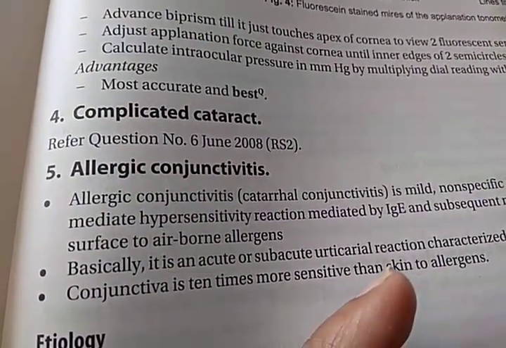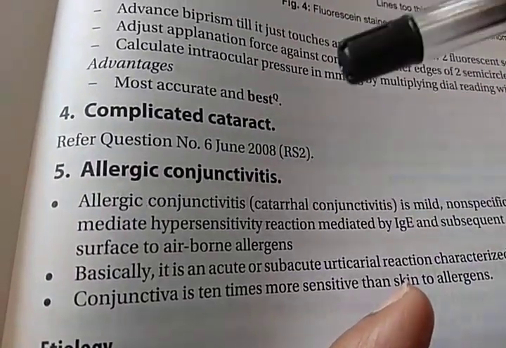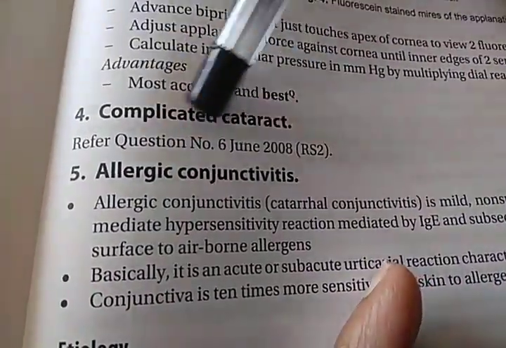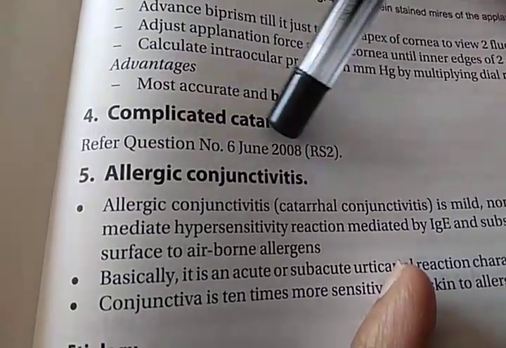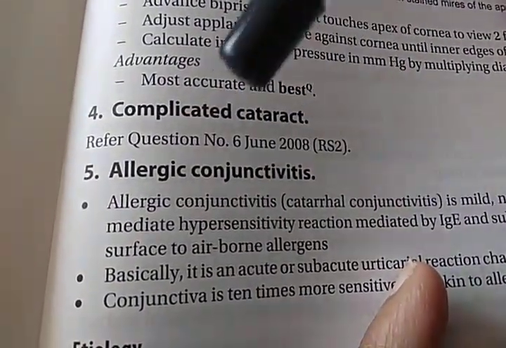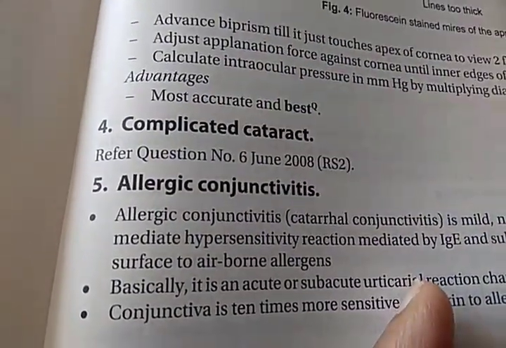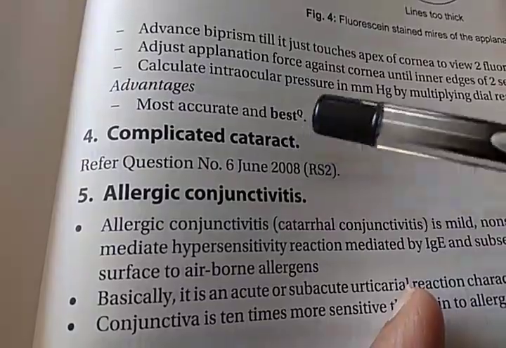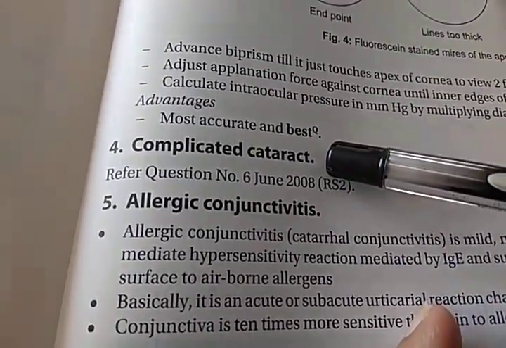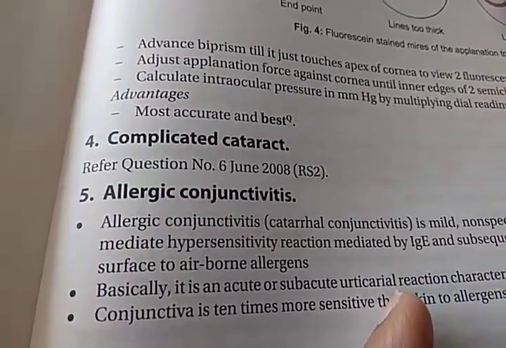They asked complicated cataract. Complicated cataract is what, guys? After any intraocular disease like uveitis, you will get complicated cataract, right? So after uveitis, after retinitis pigmentosa, after any other problem like pathological myopia, etc. So basically, again the same thing. You'll have to remove the lens and put an IOL, and you'll also obviously have to control the causing disease.